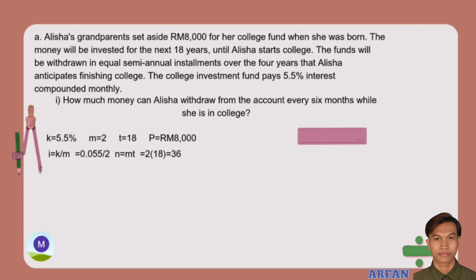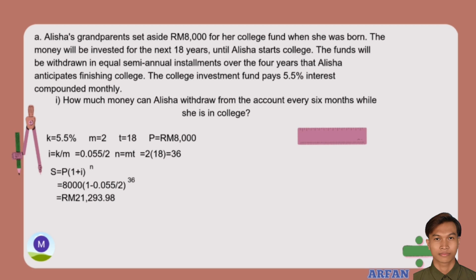We use the formula S equal to P multiplied by (1 plus I) power of N. So, we need to fill in all the data from the statement into the formula. So, we can get RM 21293.98. So then, we can calculate how much money Alicia can withdraw from the account every 6 months while she